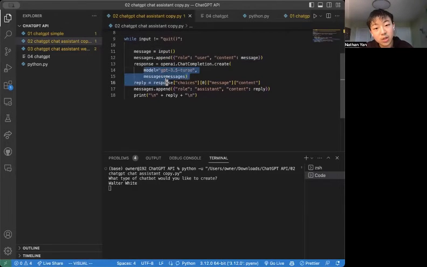And of course, this is the model of ChatGPT, which is 3.5 Turbo, which is super cheap and super fast, which is two qualities that we like, of course. And the message is messages. And this, of course, is the reply. And we just add that also to the responses so that ChatGPT knows what it itself has said. And lastly, of course, we print the reply so that we know what the ChatGPT has answered towards us. And essentially, that is how some of the code works. So yeah,